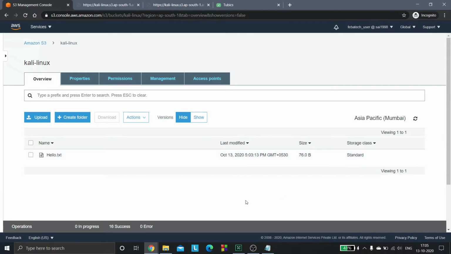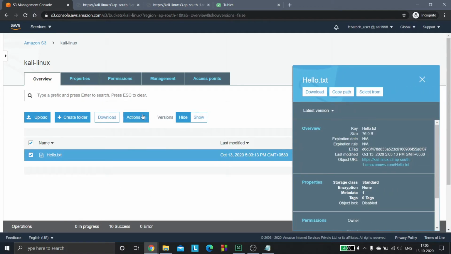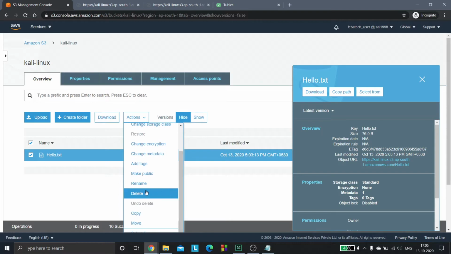Now that you have seen how versioning works, let's delete the file the way we did in the previous case. We checked this box, clicked on actions and clicked on delete.